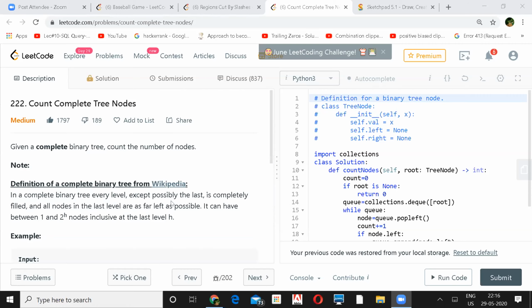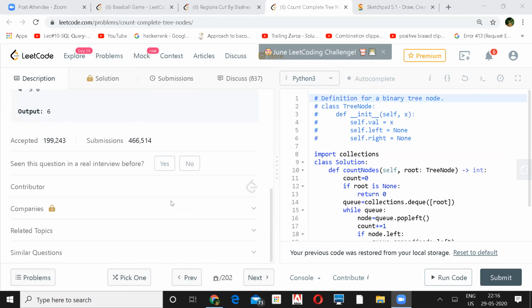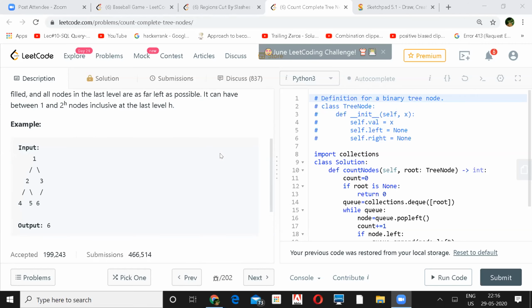Yeah, I'm thinking of something. It's a complete binary tree. A complete binary tree can have at most 2 power (height plus 1) minus 1 nodes. We need to find the height. Since it's a CBT, if we go completely left, we can find the height of the tree. Then we need to find how many nodes are missing in the last level.